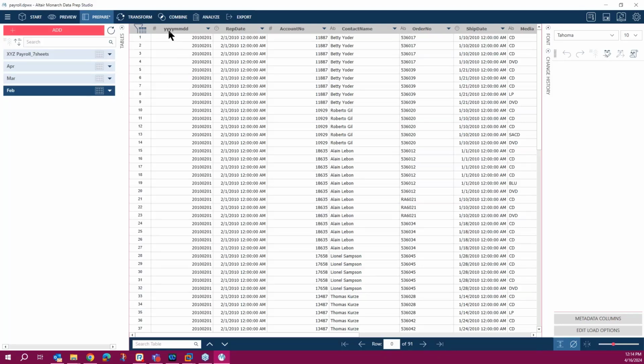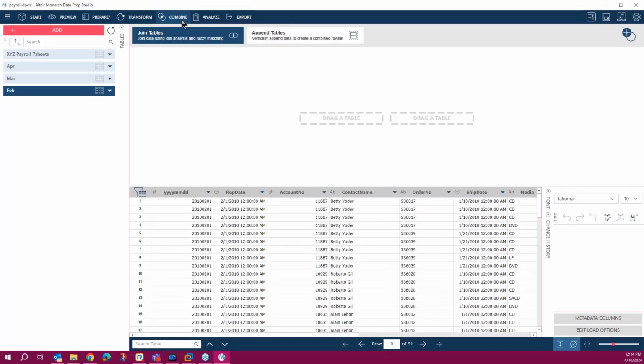And then I can use append options to append all these 3 files into one table. Can you use wildcard character to select files? No, you can't. But if you are using Automator, you can use wildcard character in Automator.